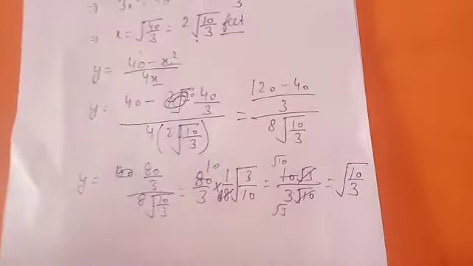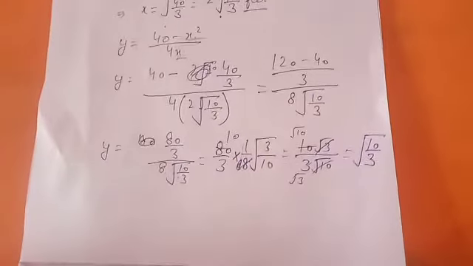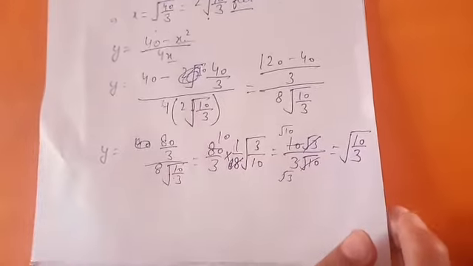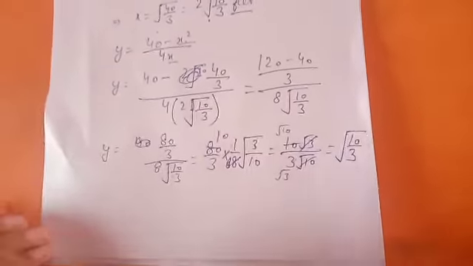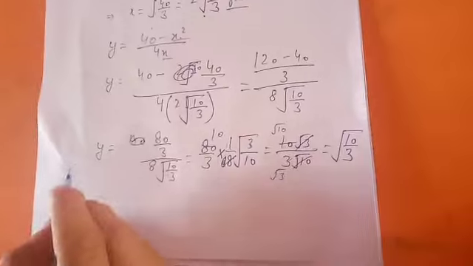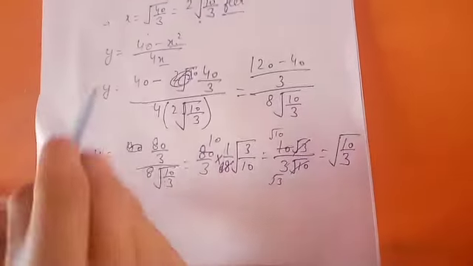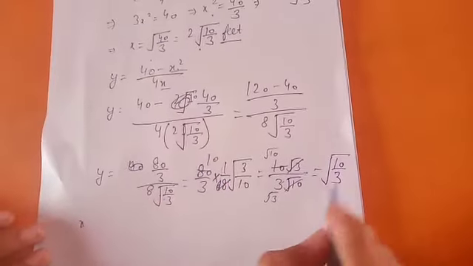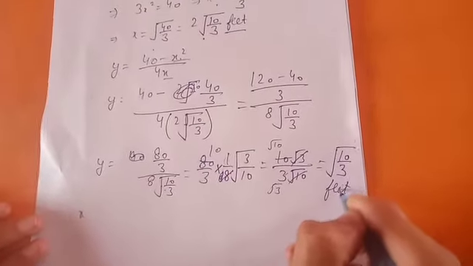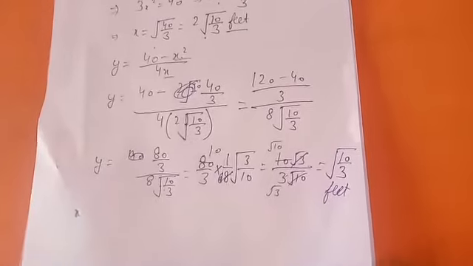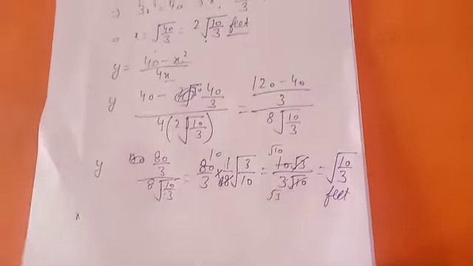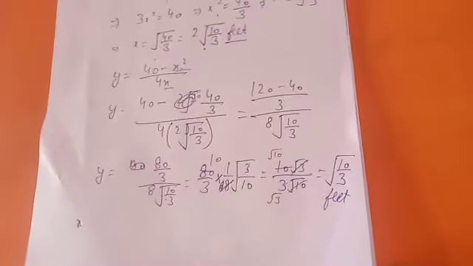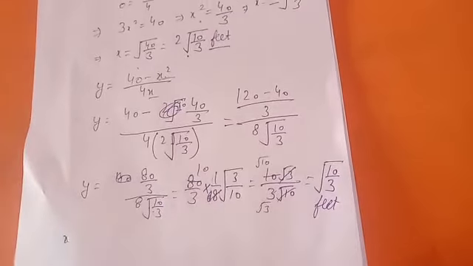So this is the value of the tank we have made. It is also in feet, meaning this is its length and this is its height in feet. But till now we have not checked yet whether its volume will be maximum or minimum. To do that, what do we have to do? We have to do the double derivative.